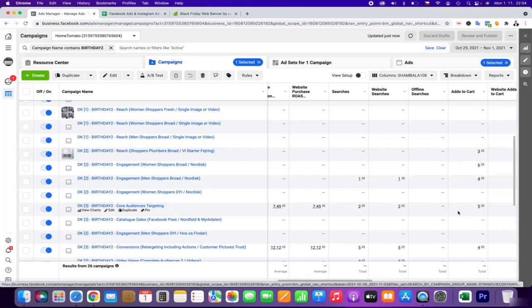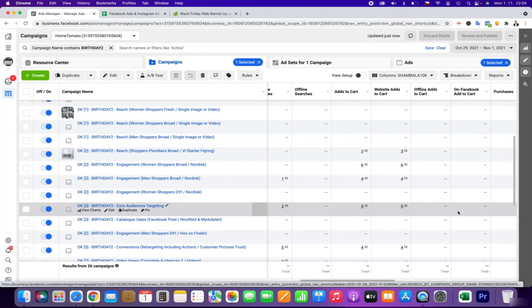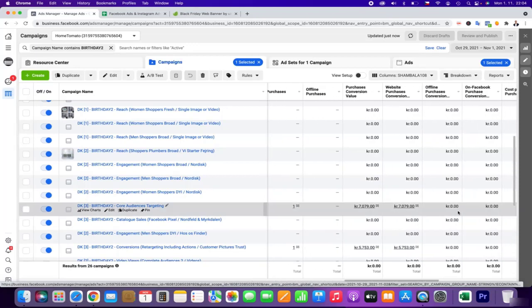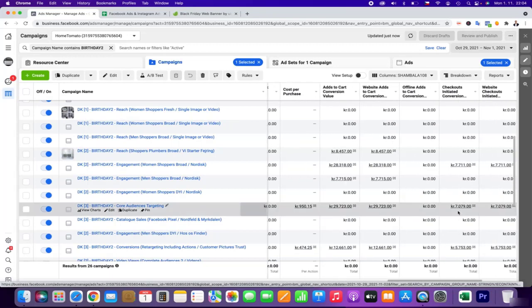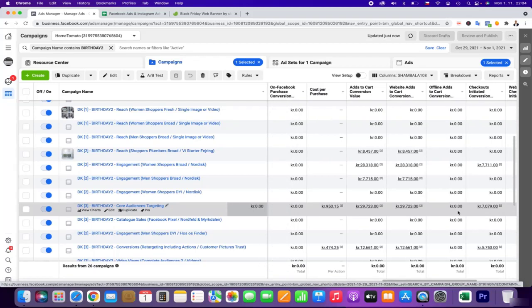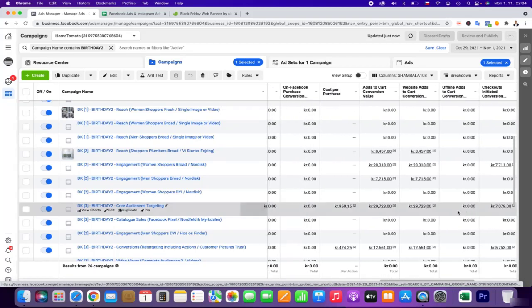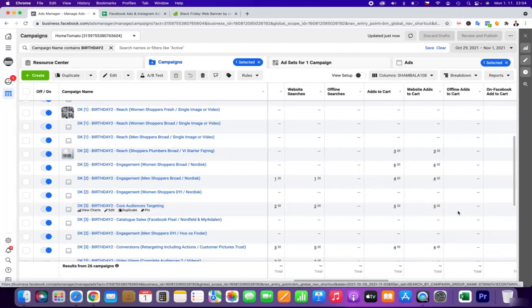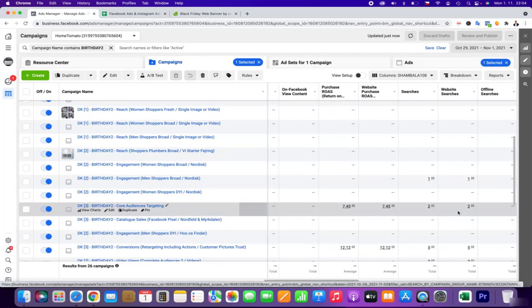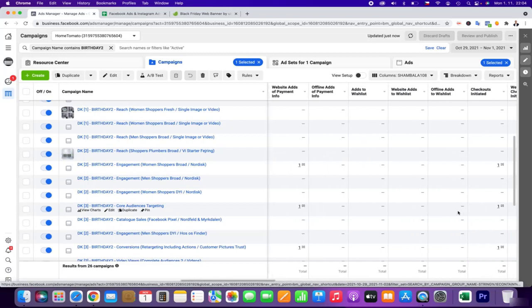I have been still testing the core audiences targeting. And the reason is because it started add to cart actions, checkout actions, and also purchase. And also the reason is that Facebook can now see like 80% of data.